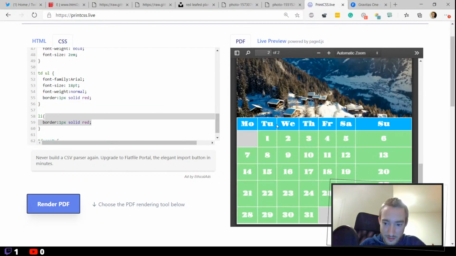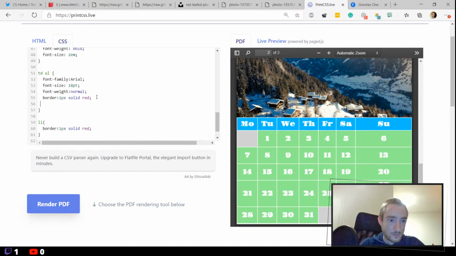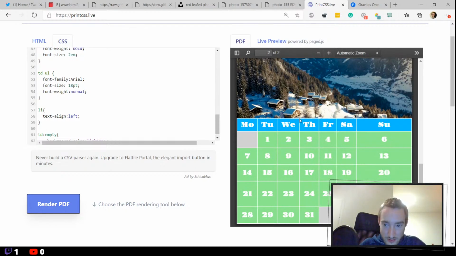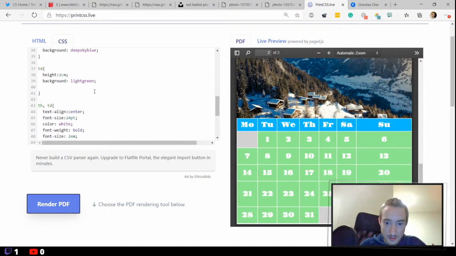Let's see how we style this nicely. So here we probably need a text align left. Otherwise this list point looks so lost. So let's try this. I guess this looks better. And then let's still,